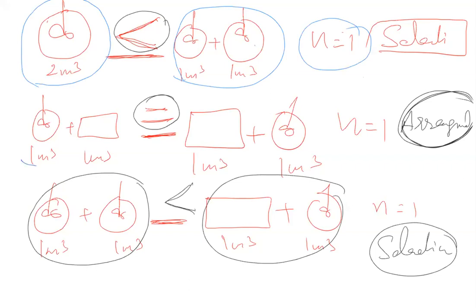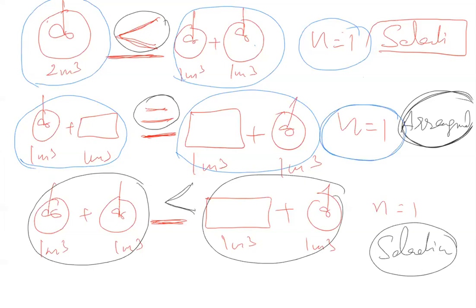Now when it comes to here, there is no difference between the reactors, only there is arrangement of reactors. For arrangement of reactors, you should see whether it is a first, below first, or above first order reaction. If it is below first order, then CSTR should be first. If it is above first order reaction, PFR should be first. But here it is a first order reaction, simple. So then it should be equal.